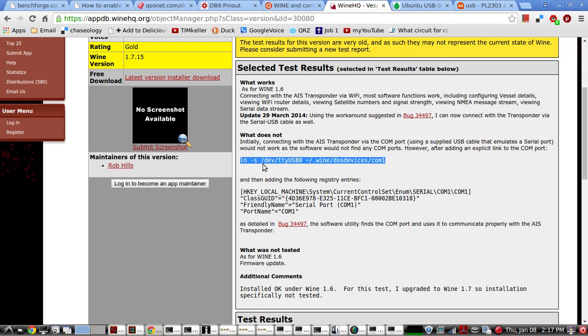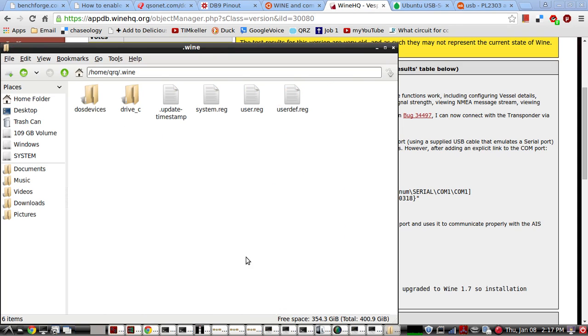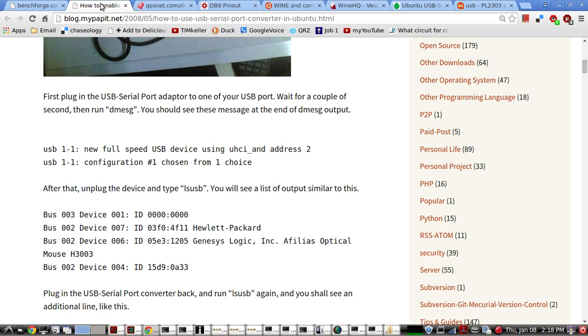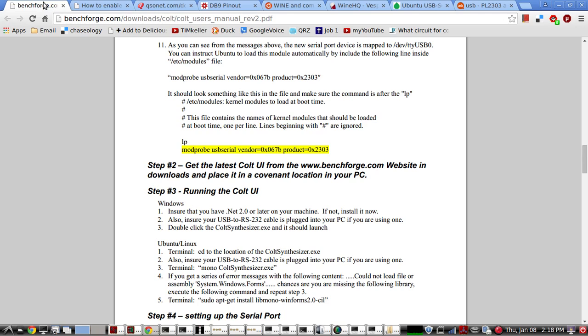And similar structure on how to get this over to Wine, because you need that in DOS devices. And let's take a look at that. So I'm going to go to my Wine folder. There's DOS devices. And there's COM12. So that's working. That all worked. It got registered. This command here, as soon as I can find it,